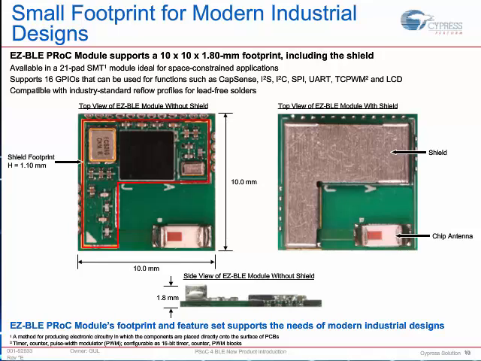So our BLE module, which is called the EZ-BLE PRoC module, is available in an extremely small form factor. It's only 10 millimeters long by 10 millimeters wide by 1.8 millimeters in height. So it's got a great footprint, which includes a shield. It exposes 16 GPIOs in this module, which is available in a 21-pad SMT form factor. It has several features like CapSense, all of your digital communication protocols, your timers and counters,